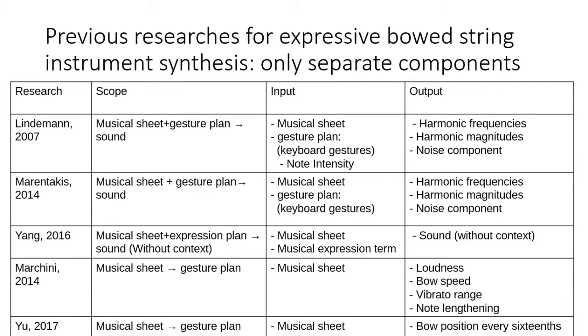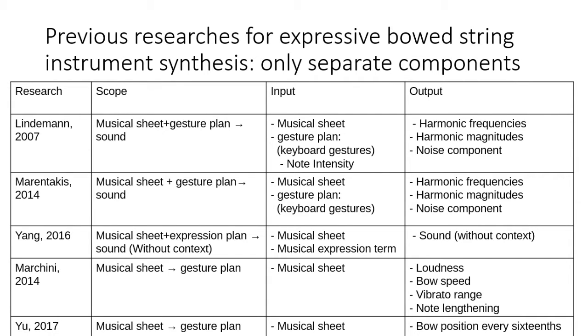In expressive audio, we hear variations and it sounds more human, and it is usually more preferred than non-expressive audio, especially in some genres like classical music. For other instruments like piano, there are already working and good expressive synthesizers. But for bowed string instruments like violin, there is not yet a fully automated expressive musical synthesizer, only separate components.